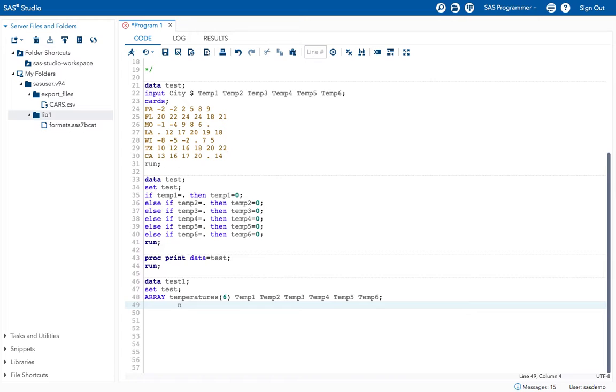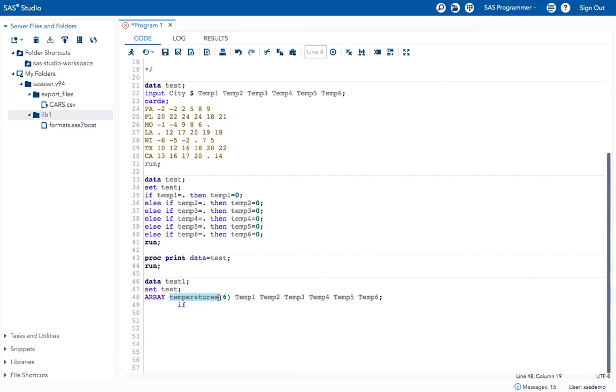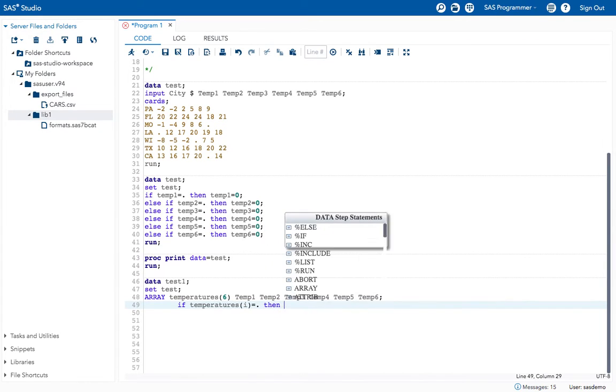Now mention your if statement. If temperatures(i) equal to missing, then temperatures(i) equal to 0.